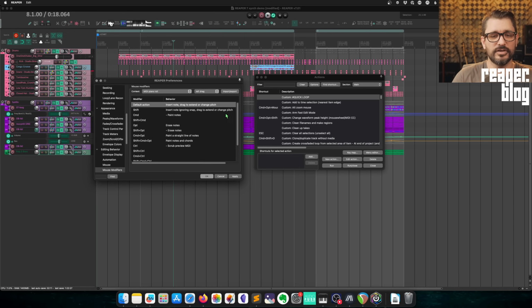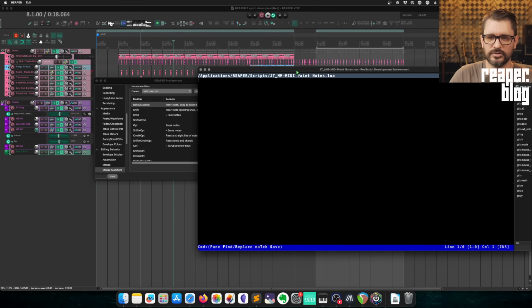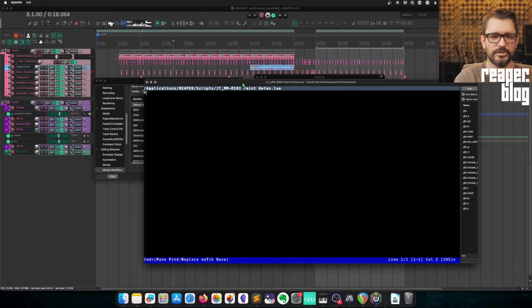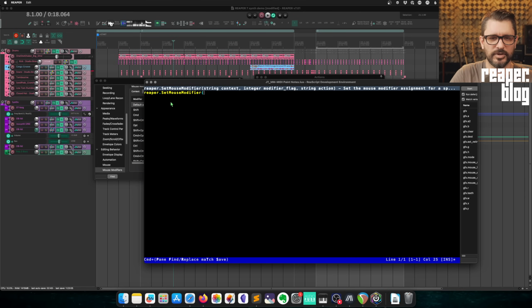Just paint. Instead of having to open this up to change default left drag over and over, we can set this up as an action. New action, new ReaScript. And we'll call this JT for my initials, and then it'll be MM for mouse modifier, and then MIDI paint notes. So in here, we're going to do reaper.set mouse modifier. And within the brackets, we need to add in a double quote and type in MIDI